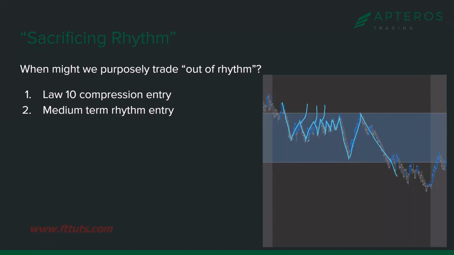But we might purposely trade out of rhythm because guess what? This got really choppy here, and you get stopped out and you get stopped out again. You get stopped out again. You need to recognize where we start to form a flaggy type pattern. And then you need to be okay sacrificing that short-term rhythm a little bit for what? More of a medium-term rhythm. What might that look like on here? Well, we could go down, and then this is a kind of a symmetrical move, and then there, right? So you are getting in late in short-term rhythm by design whenever you get in at the proper time with more of a medium-term rhythm.